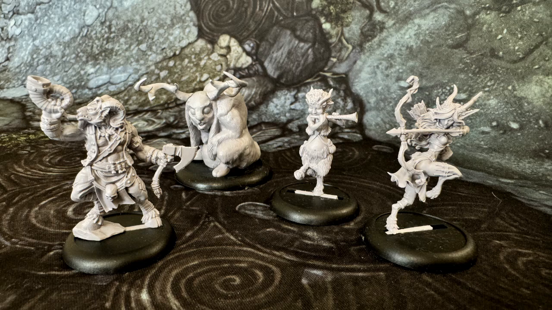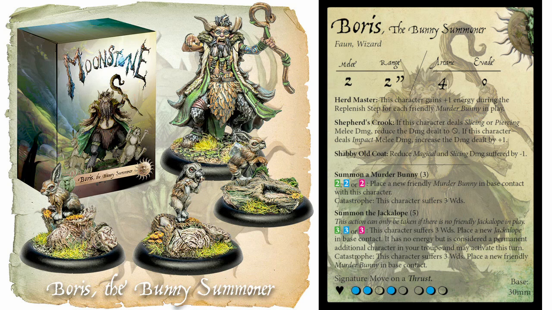But the big question is, how would you expand this force to a full 6 character troupe? I think there are some obvious choices. Boris the Bunny Summoner is a good place to start, not least because he can summon bunny rabbits to fight for him. I would consider Boris as he is a faun, so will benefit from Hoff's abilities. He can generate massive amounts of energy, and importantly, if he can generate 5 energy, he can summon a Jackalope into play. That means you don't have to include the Jackalope in your starting lineup,